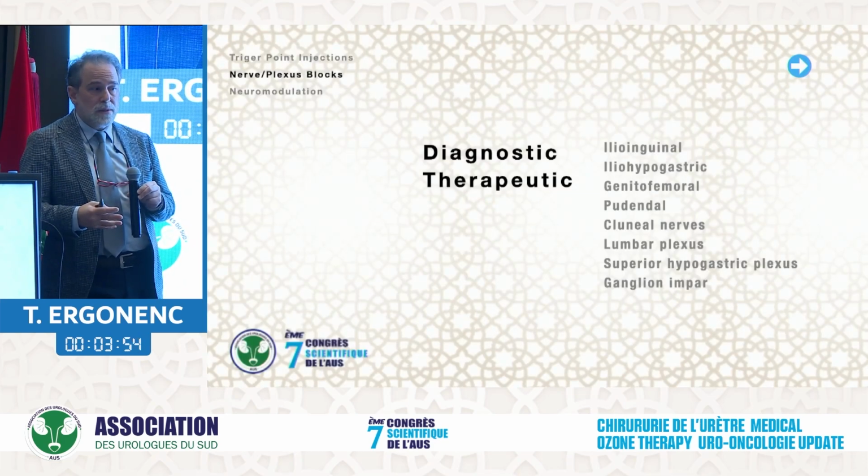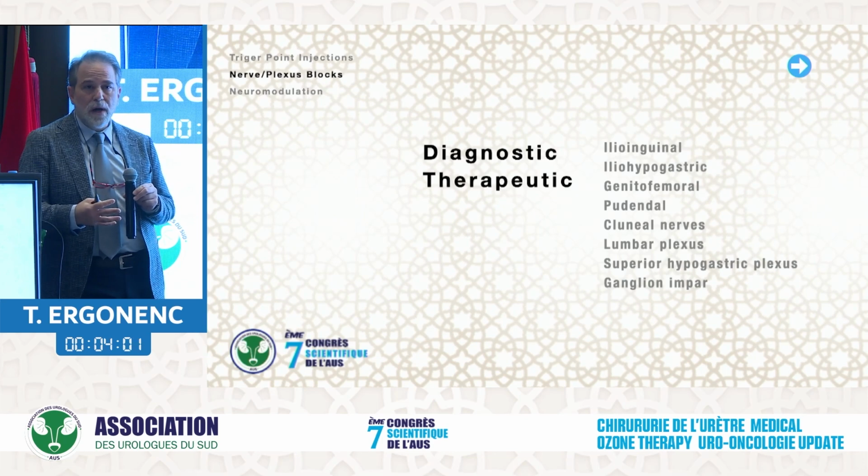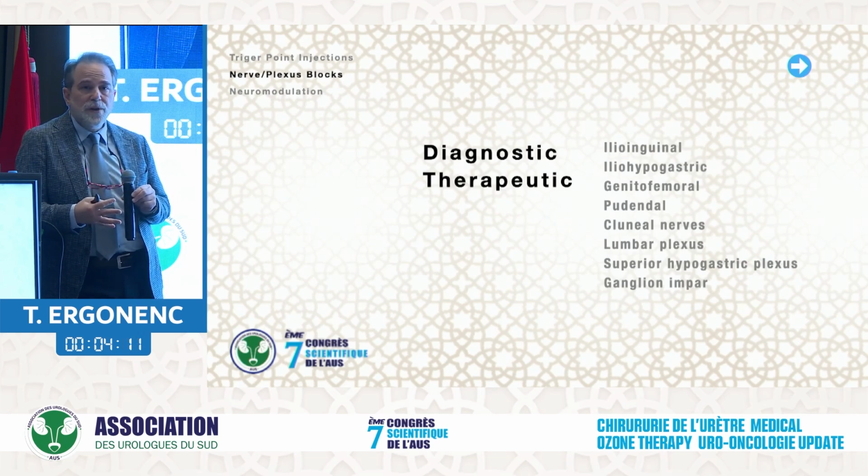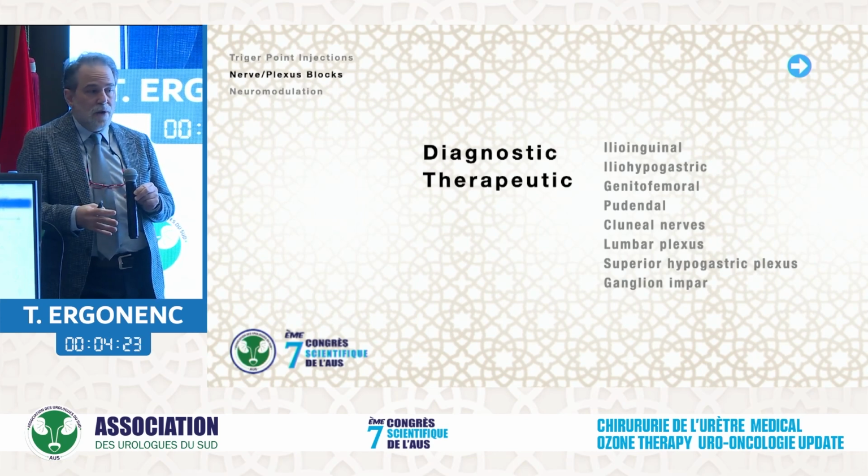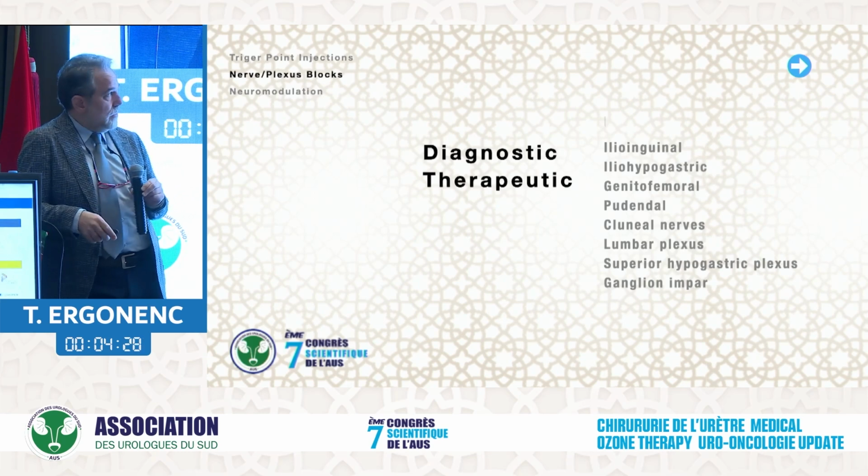Not only blocks, sometimes we use radiofrequency ablation or chemical ablation, like alcohol or phenol injection, to the ganglion impar or the superior hypogastric plexus. The chemical denervation and radiofrequency ablation give us long-term pain palliation. But we need fluoroscopic guidance, and the ozone will not work there. Ozone works with nerve entrapment as well. So